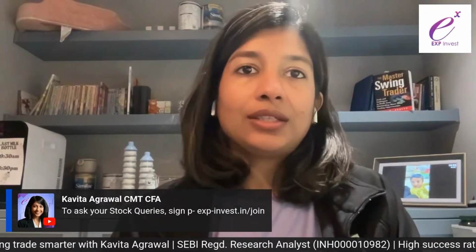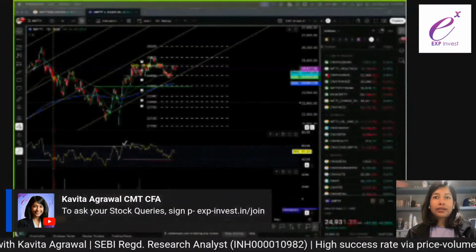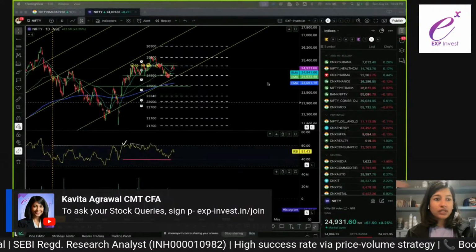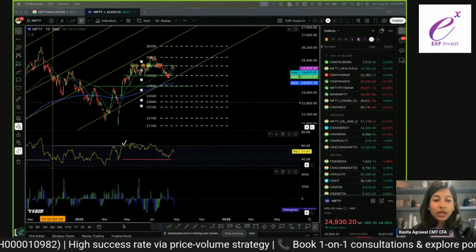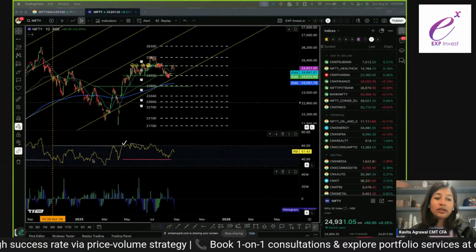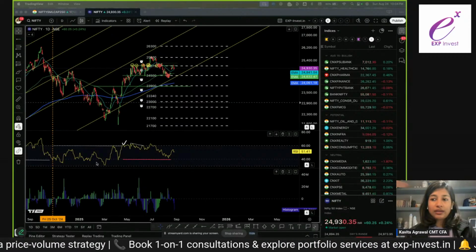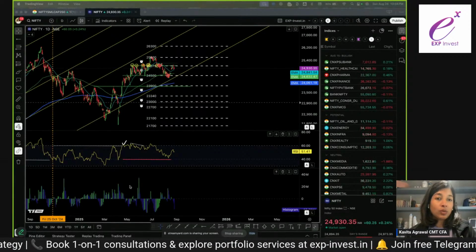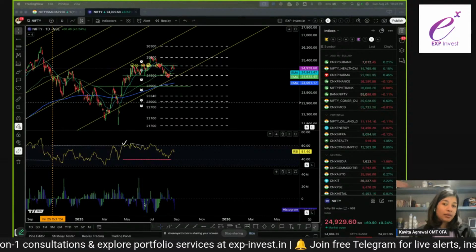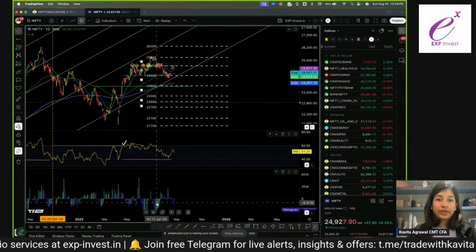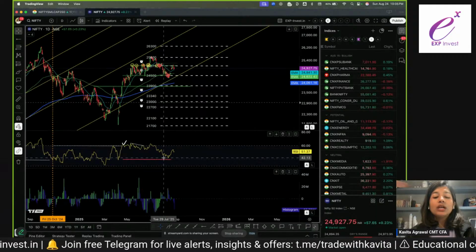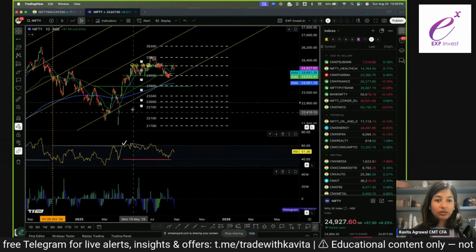Now let's get started with screen share and discuss what's going on in Nifty's chart. So we've got the Nifty daily chart open here. You're seeing the Nifty chart, and underneath that you're seeing the RSI. Underneath that you're seeing the volume represented by MACD with the average of 20 days over 100 days. The RSI is 25 period that you're looking at.